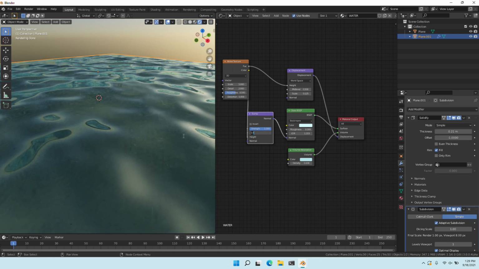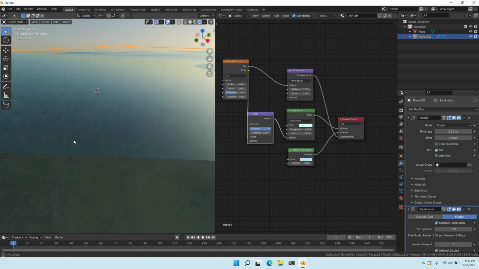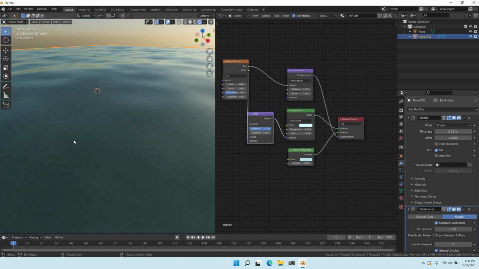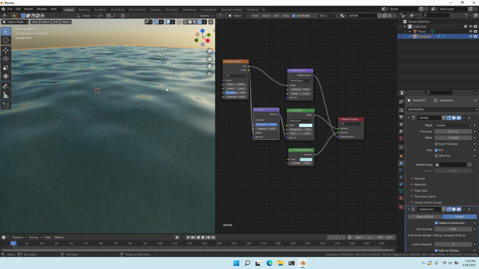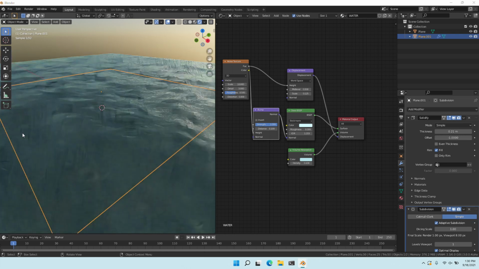I can then scale this down a bit, and I'm not sure if it's particularly noticeable, but we'll basically end up with little bumps. I can actually scale the texture up a little bit and add a little more detail to make that a little more apparent. You can see it now. So from here, we have a really decent